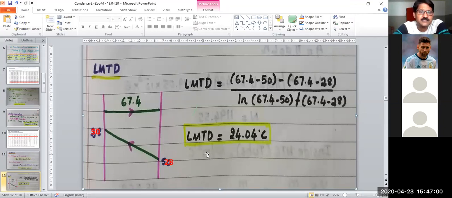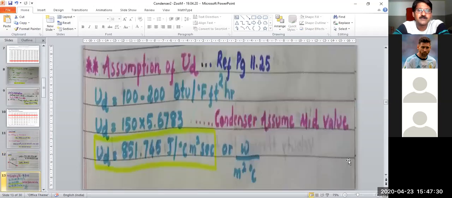So therefore, no correction is required for the condenser, so correction factor is not used. But in shell and tube heat exchanger, you need to calculate a correction factor. And please remember, in shell and tube heat exchanger, Ft should always be greater than 0.8. If it is less than 0.8, you should not consider. Correction should be only up to a maximum of 80% of LMTD in shell and tube. Correction is not required in a condenser. Please remember.